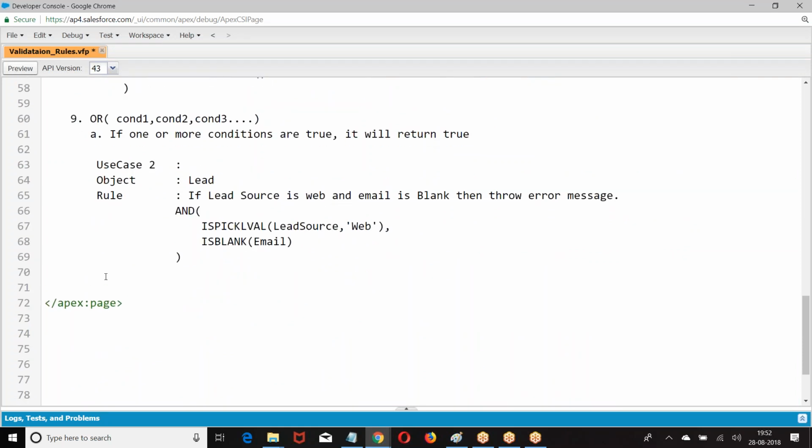Next, I told the system to run the validation rule when a record is created or an existing record is modified. When a new record is created, it will check the validation rule. When an existing record is modified also, it will check the validation. Now you have got a choice: new record or existing record. What these people are asking is, don't check the rule when an existing record is modified. Check the rule only when a new record is created.